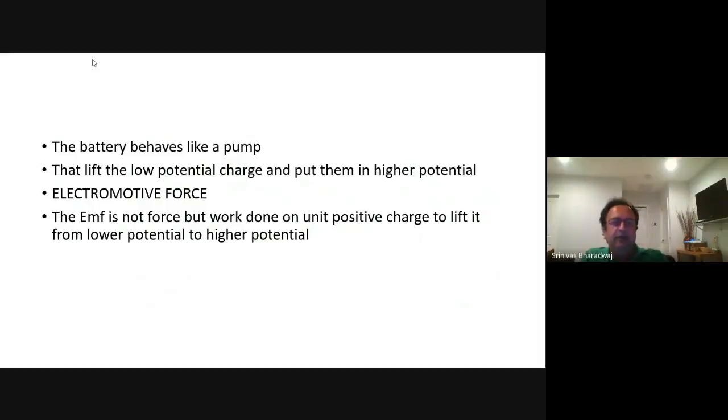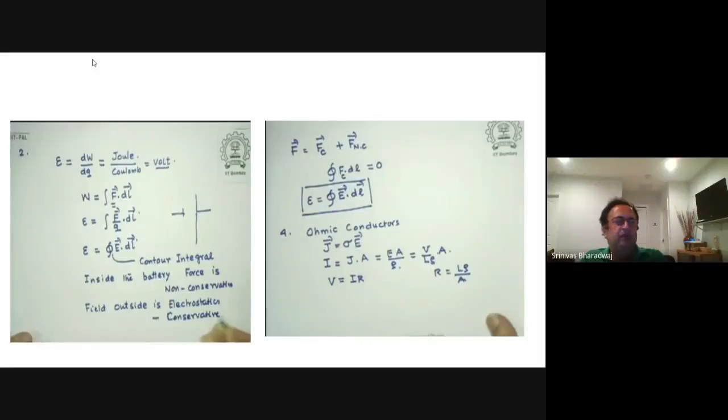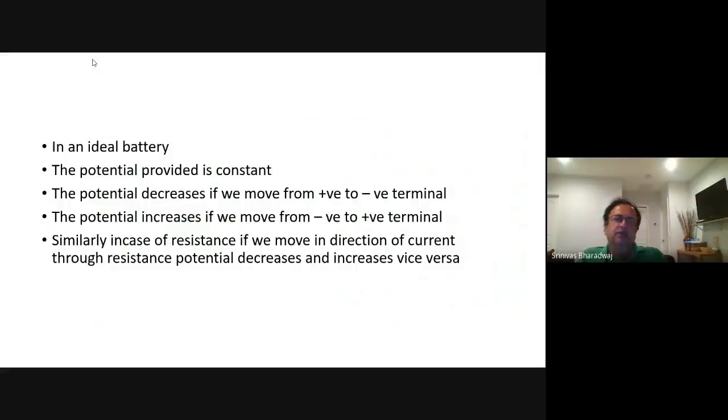Now the EMF is not a force. Although they call it a force, it's actually a scalar. It is the work done on a unit positive charge to lift it from lower potential to a higher potential. So it is related to work. Power is also a scalar. Power is dW by dt, where W is work. Power is the rate at which work is done. Now the EMF is like voltage. V is equal to E dot dl, right? Given all these ideas, and V is equal to IR, using these two,